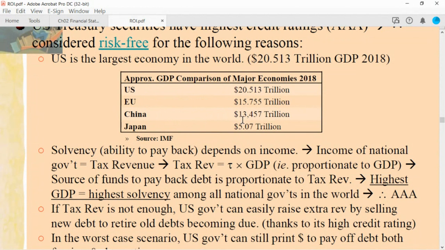China was about 14 trillion as of 2019 or 2020. Japan, 5 trillion, right? If you break down the European Union, I believe Germany is about 3 trillion. France,